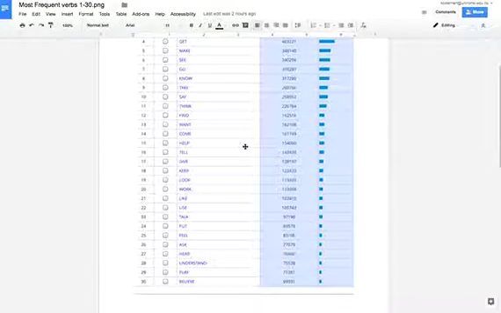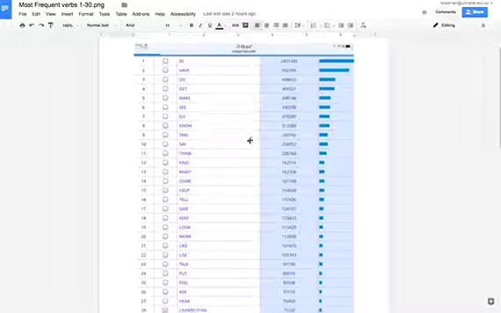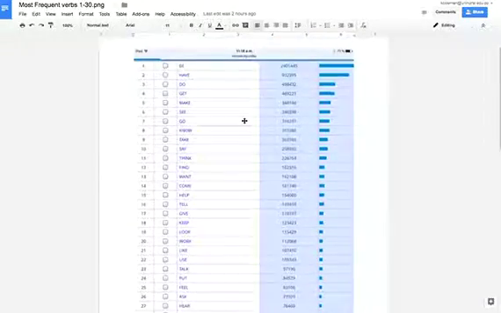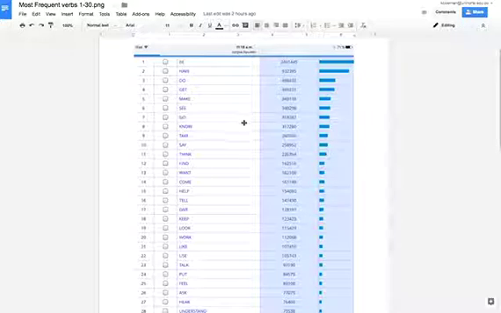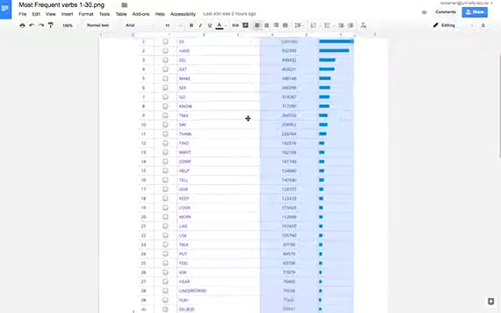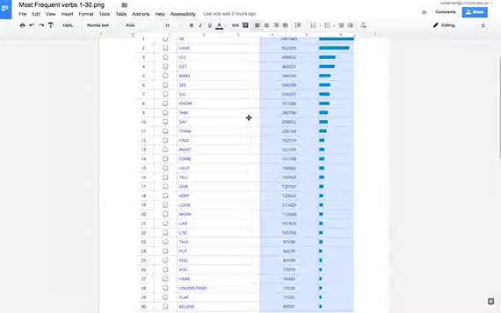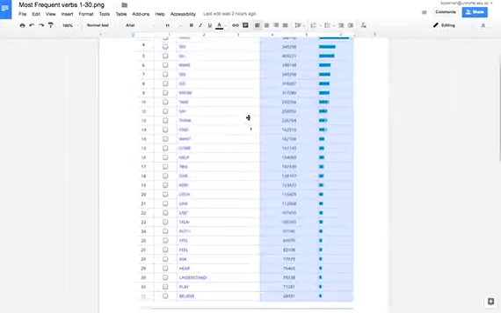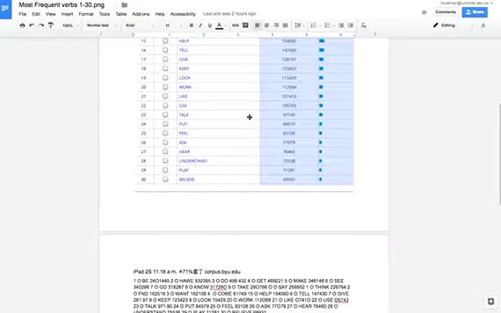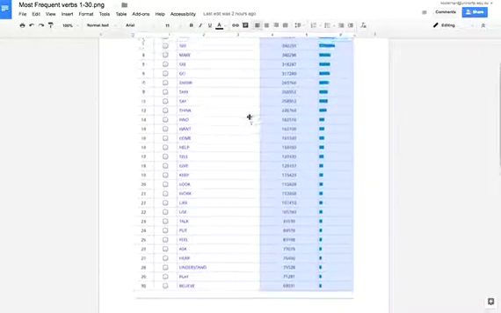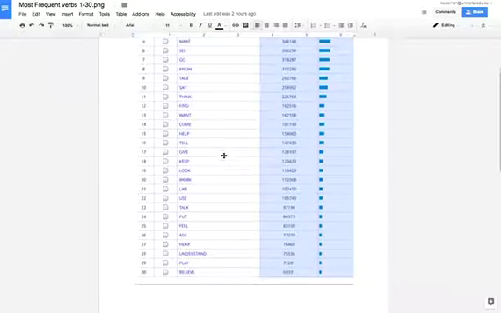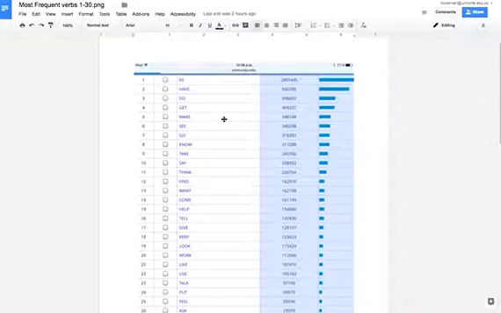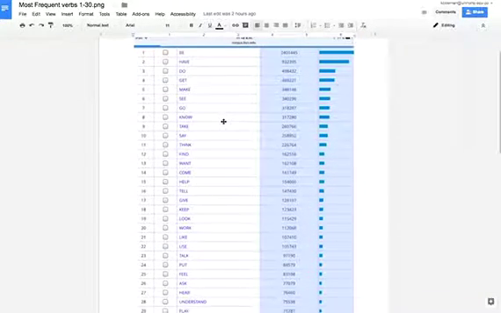This is from the Corpus of Contemporary American English. These are the most frequent verbs in English. So why not start having them memorize these early? I also have these on Quizlet, from Spanish to English, because it's so early that if I can get them Spanish to English recall for the top 30, 60, 90 words, let them go. Let them go as many as they want. But these especially, you'll be surprised at how far you can go if you have these memorized and you can recall them